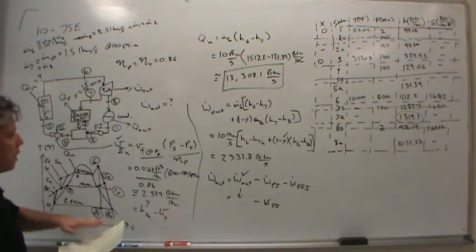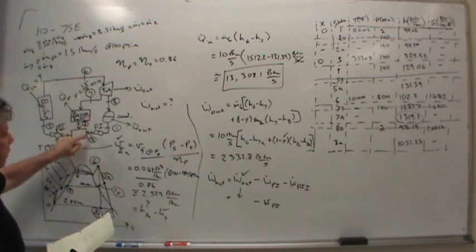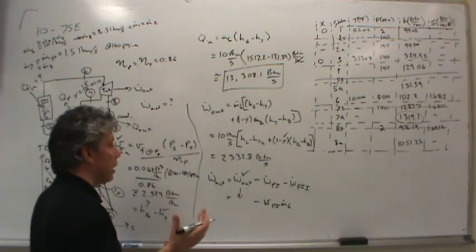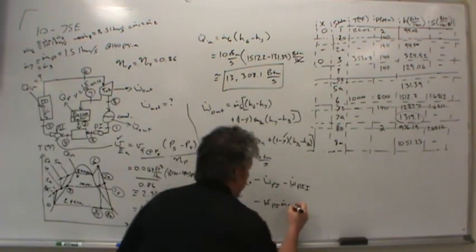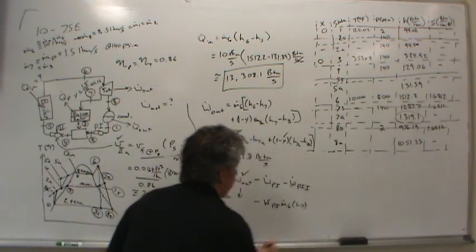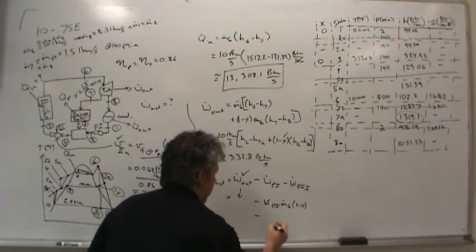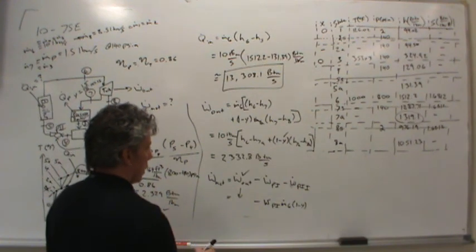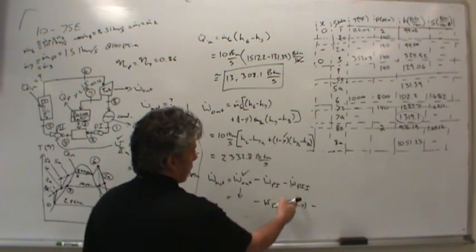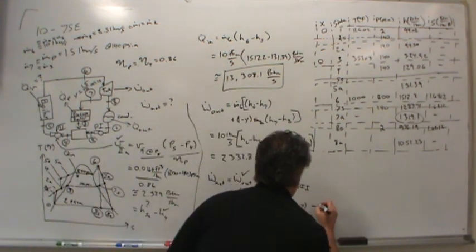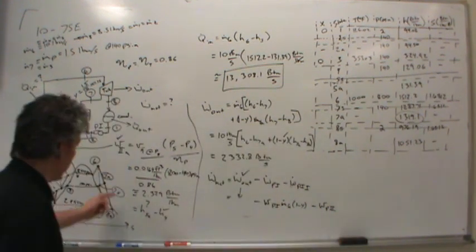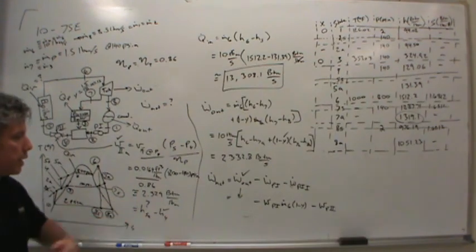I've still got it on my sheet. It is multiplied by the mass flow rate through pump 1. But that would be the mass flow rate through state 6, but not all of it, right? Because only 1 minus y flows through that pump. And then for the second term, minus, let's see, I guess I will leave it here so it makes sense. So for pump 2, it would be the specific work for pump 2, which I still happen to have on the board. That's right here, this 2.329 BTUs per